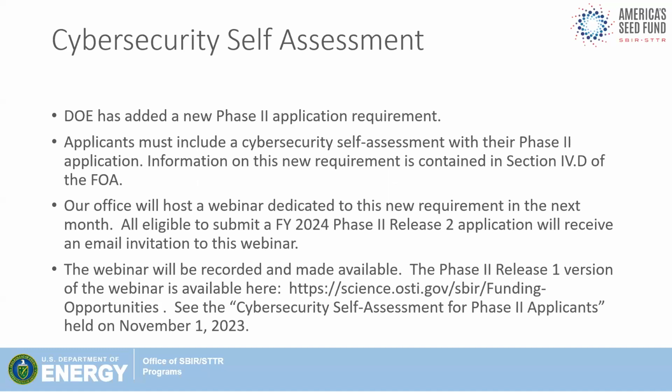Another new requirement, and this is for FY 2024, is a cybersecurity self-assessment. This was part of the legislation passed in 2022, asking agencies to do a better job of making sure that SBIR firms are not being taken advantage of by foreign countries. So that's why we have the foreign disclosure form, but we're also being required to evaluate your cybersecurity practices to ensure that you're doing a good job in protecting your company's proprietary information from cyber attack.